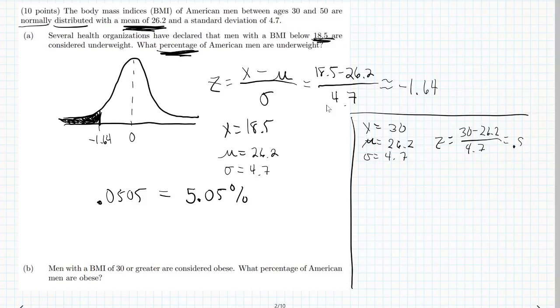So 0.81 as our z-score, because it's 0.8085, I believe, is what it comes to, but we only need to round to the nearest hundredth. All right, so now here's the difference. Men with a BMI of 30 or greater are considered obese. What percentage of men are obese? When taking a look at this,